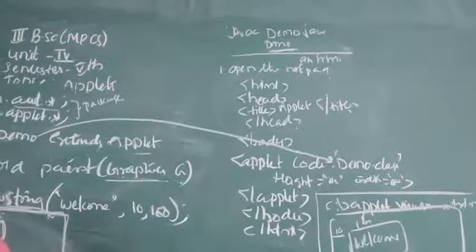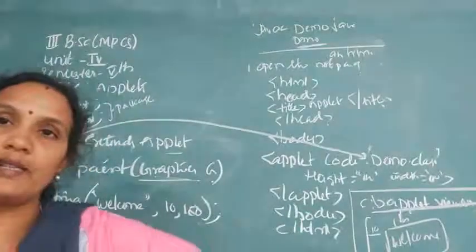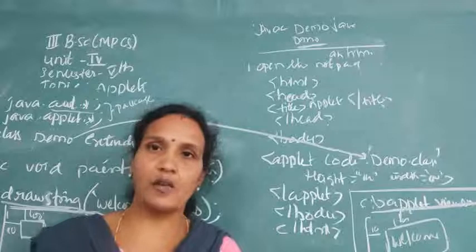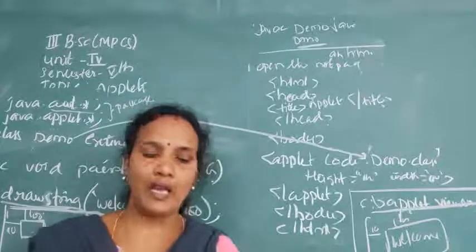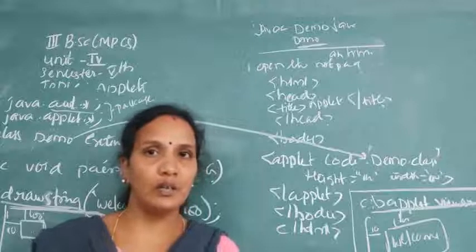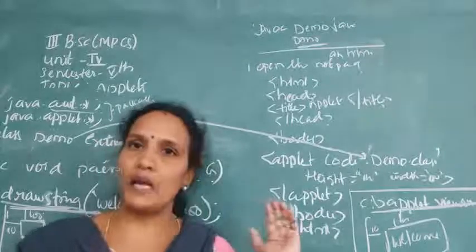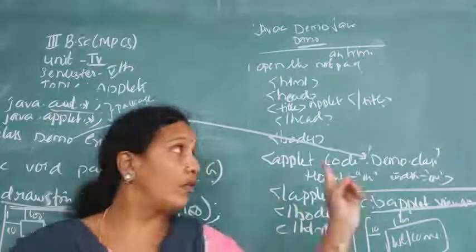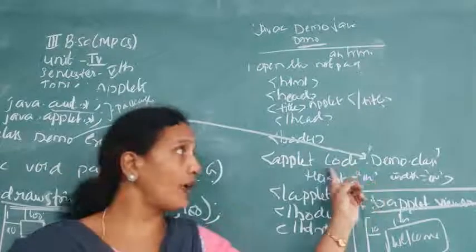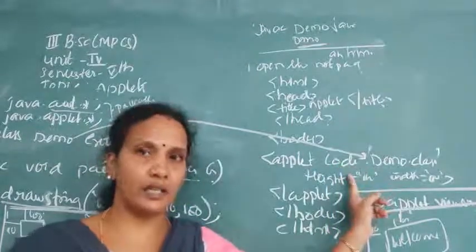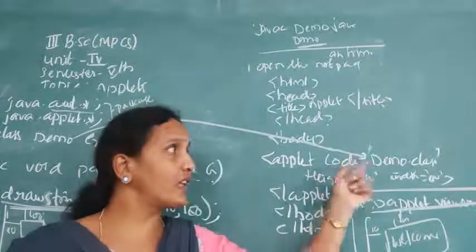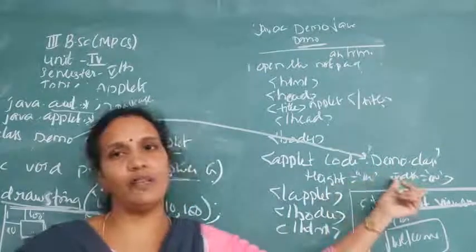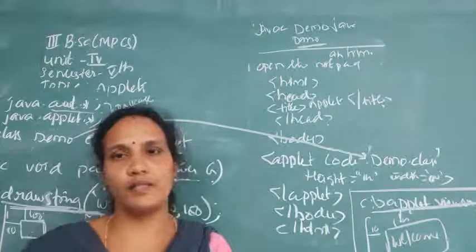Understood? So for an applet, we need two files. One is a Java file and the second one is an HTML file. First we will create the Java file, that is nothing but the applet. We'll compile that program. After compiling, a class file is generated, no? Only that information I take. Now we'll open another Notepad and write the HTML program. Inside the HTML program, inside the body section, we'll include the applet tag. Applet code equals to, code is mandatory. It is called an attribute which gives the information about an applet. Next, we give the height of the window and the width of the window, and close it. That's it.